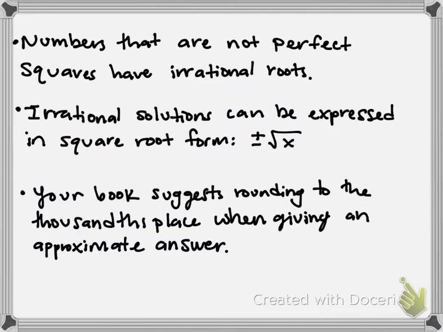All right, numbers that are not perfect squares have irrational roots. Irrational solutions can be expressed in square root form. You can leave your answer as plus or minus the square root of x. Your book suggests rounding to the thousandth place when giving an approximate answer. So if it asks you for the approximate answer or the approximate solution and use a calculator, let's say you got